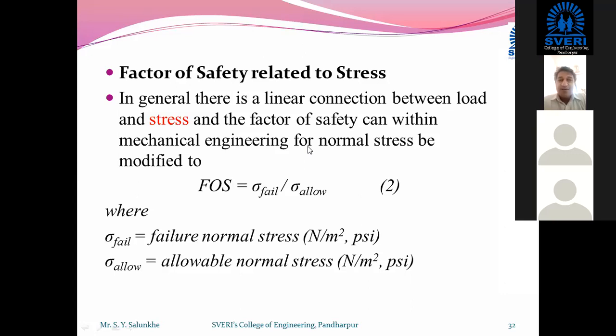Strain can be calculated by means of change in length. So direct stress is not a measurable quantity, right? Like length is a measurable quantity, weight is a measurable quantity, time is a measurable quantity, okay? But stress we cannot measure directly. Even velocity cannot be directly measured; we measure the distance traveled and divide it by the time, so it can be calculated. Likewise in the case of acceleration, and likewise stress also cannot be directly measured.